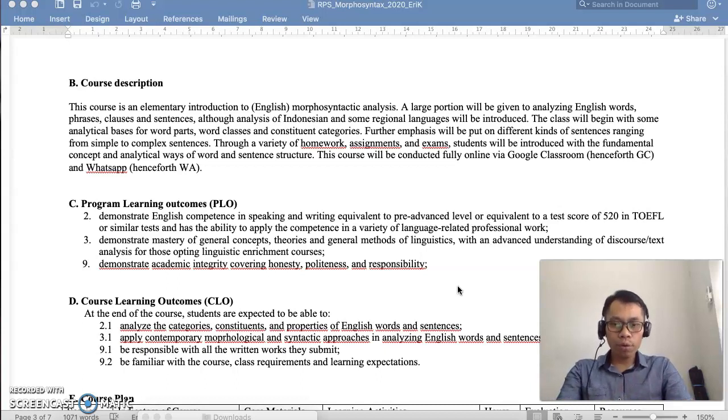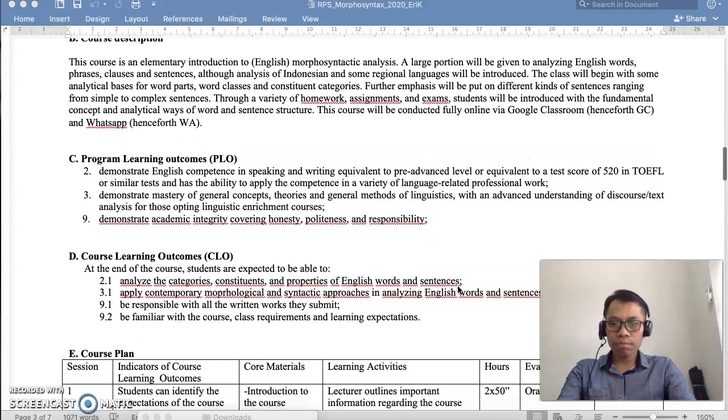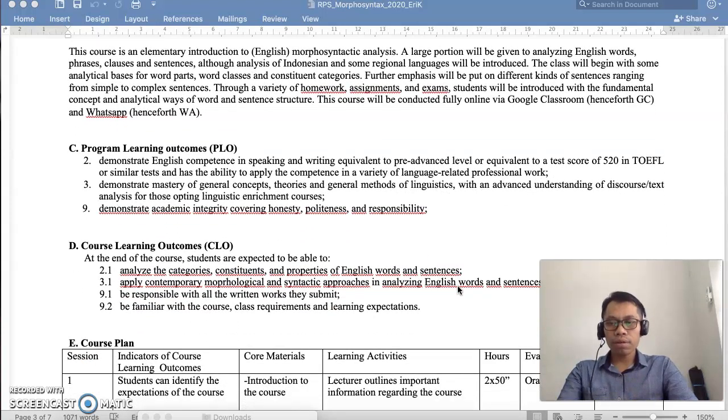Through a variety of homework, assignments, and exams, students will be introduced to the fundamental concepts and analytical ways of word and sentence structure. This course will be conducted fully online via Google Classroom and WhatsApp. Now let's move on to the program learning outcomes. So what is expected of you from the standpoint of the study program is, one, you